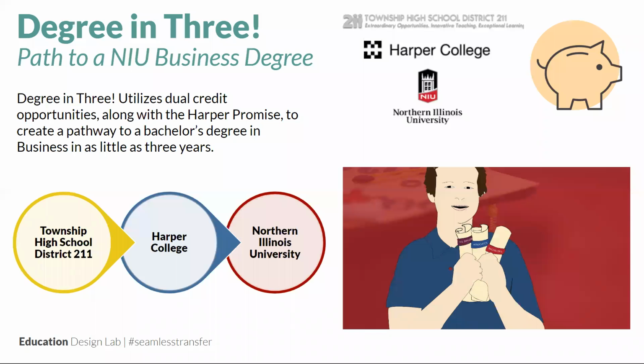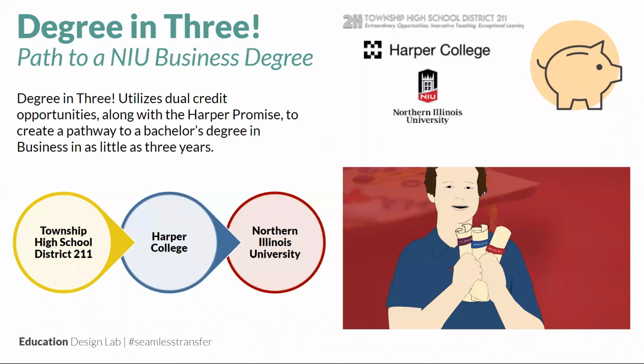Our goals were pretty succinct. We wanted to have it done in a shorter period of time. We wanted to reduce the cost for students as much as possible. So by working with District 211 and working with Northern Illinois University, we were able to create a business degree pathway program, which allows the student, while early in high school, to identify if they're interested in business. They can identify this as an opportunity for them to work with their high school counselors, their faculty, their leaders